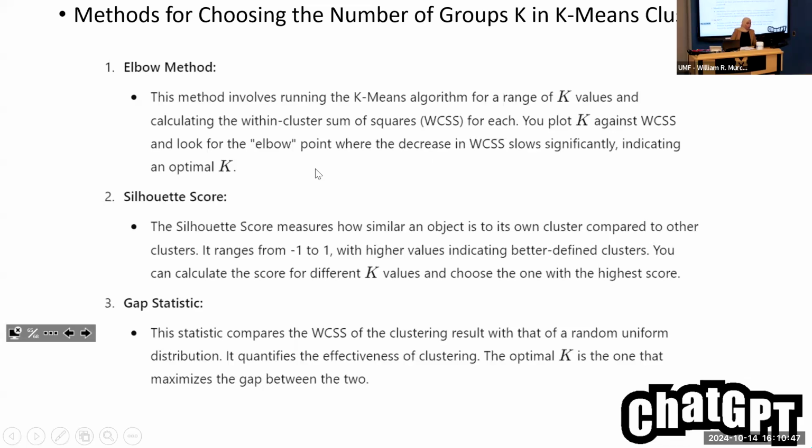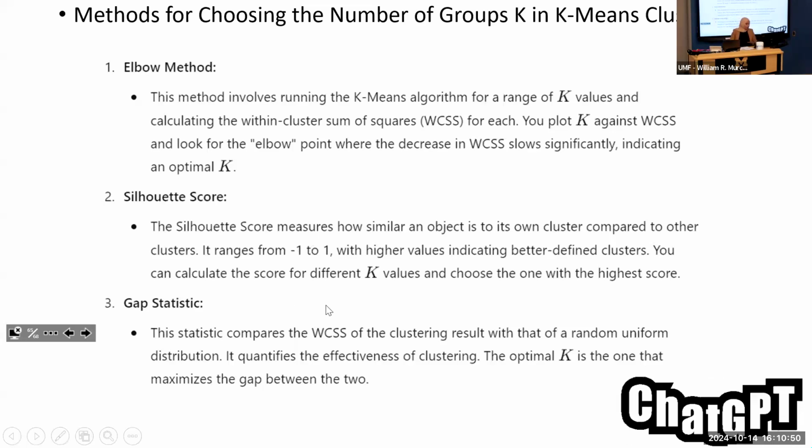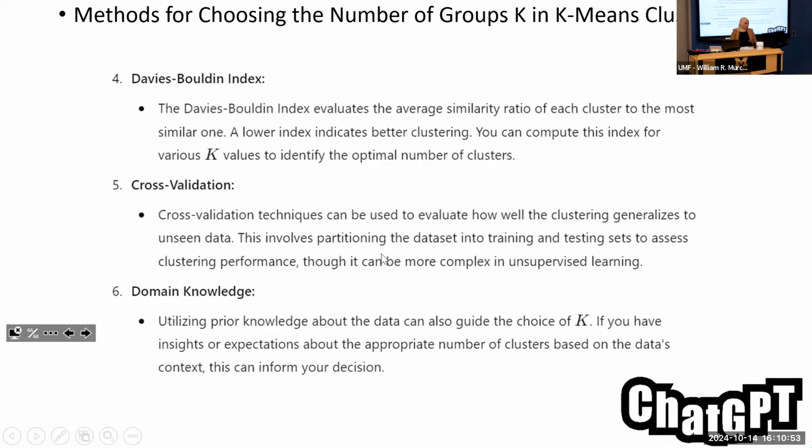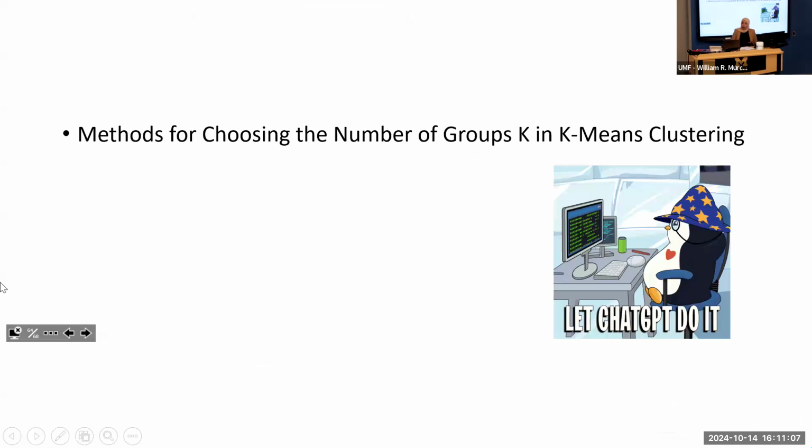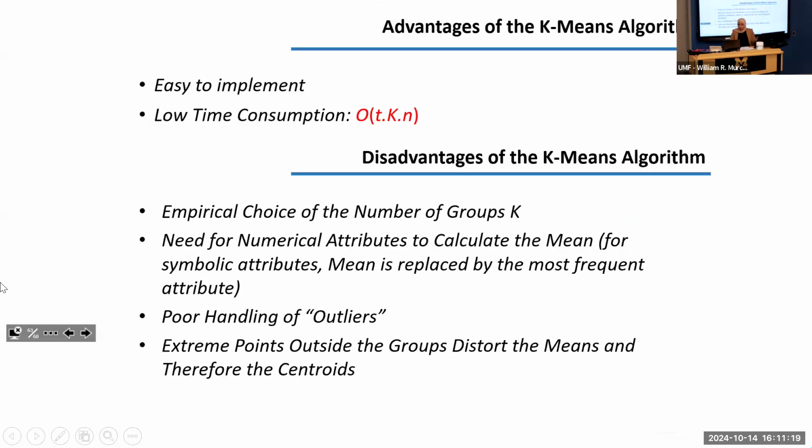There is a set of other methods. There is the silhouette score. There is the gap statistic. There is the Davies-Bouldin index. There's cross-validation. There's domain knowledge. So each one of these is a method. It's like some research coming with a method that says this is the best method to decide about your K. But at the end, if you are in a clustering problem, I always recommend using the elbow method, okay? But you need to keep in mind that it's just one of the existing methods. By yourself, you can introduce a new method. And at the end, the main disadvantage of K-means is how to decide the number of groups. It's a huge problem in science.